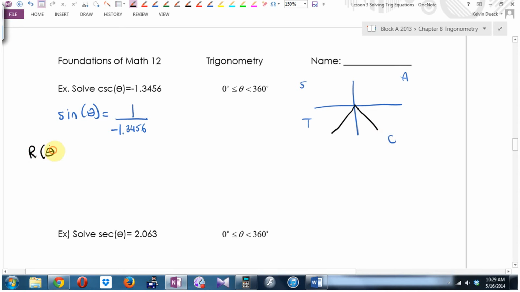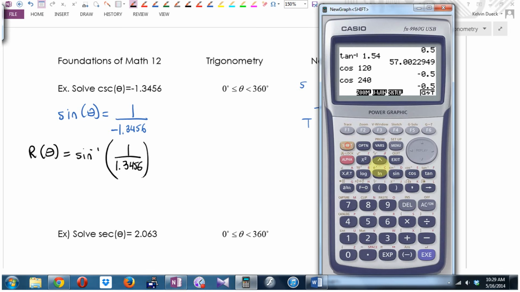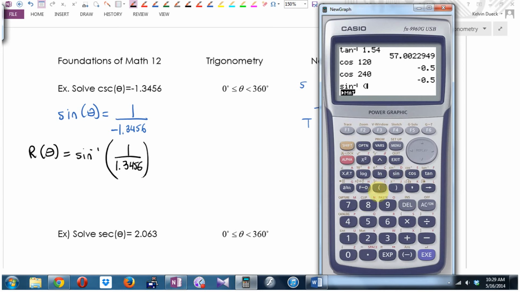Now let's find the reference angle. The reference angle is going to be the inverse sine, not of negative. I used the negative already. Of 1 over 1.3456. Now, how do I type that? I'm going to have to use brackets. I'm going to have to go inverse sine of bracket 1 divided by 1.3456. And I get a reference angle of